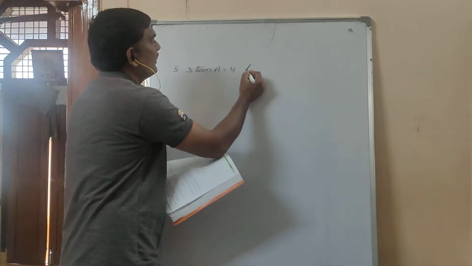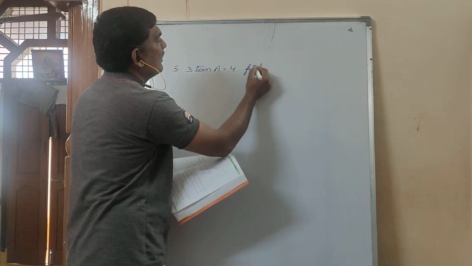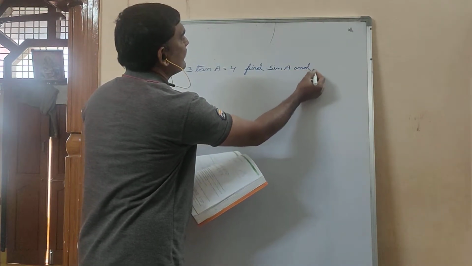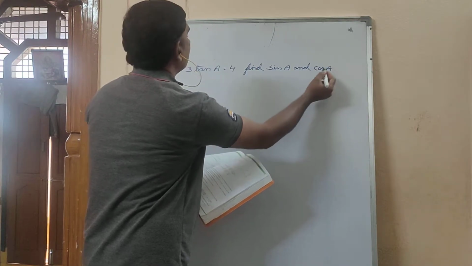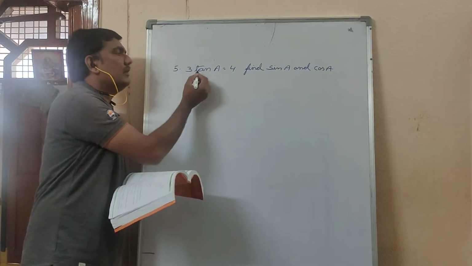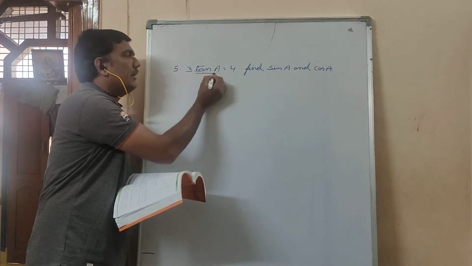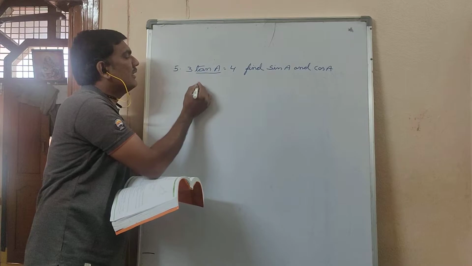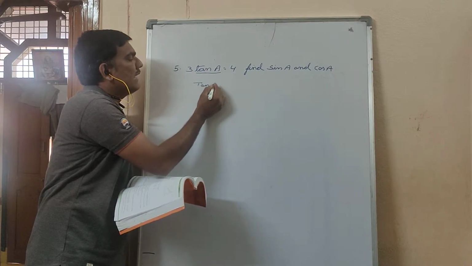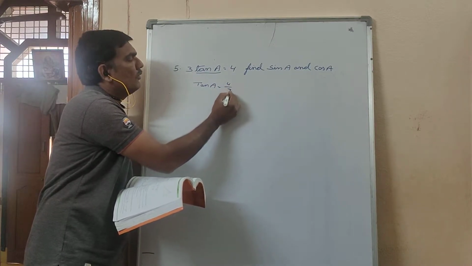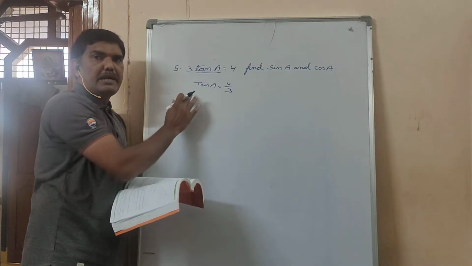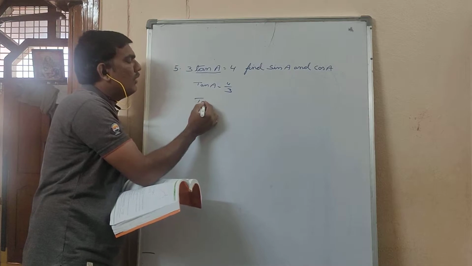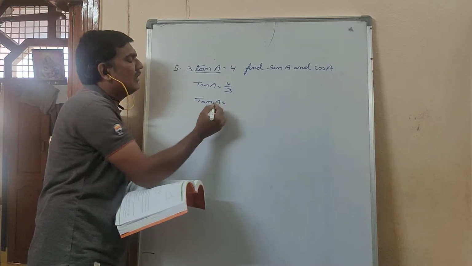You should find sin A and cos A. Here this 3 is multiplying to tan A. Bring this 3 to right hand side. Then it becomes tan A is equal to 4 by 3. Tan A is equal to 4 by 3 means formula for tan theta is